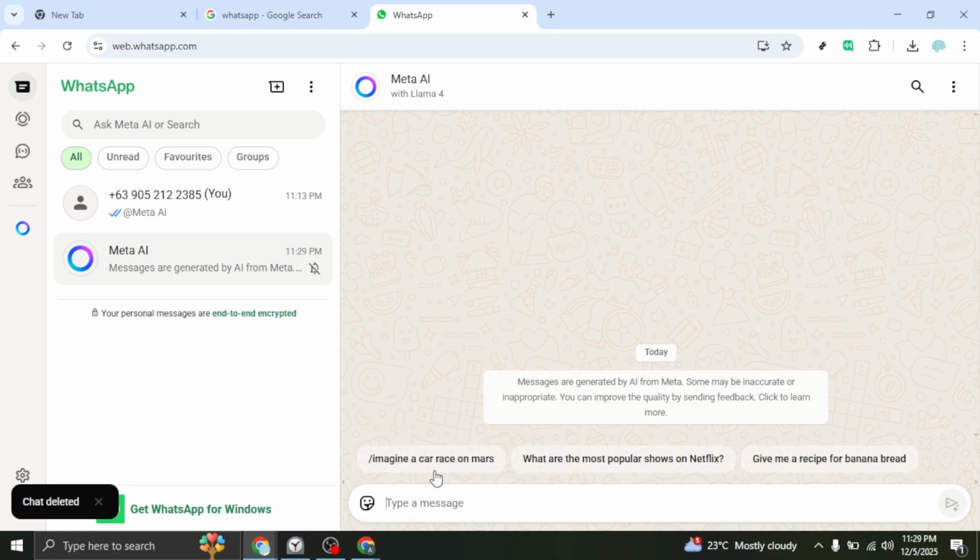A quick recap to keep it simple. Go to Google, search for WhatsApp, open the official WhatsApp website, and once you're in your chats, look to the left panel for the Meta AI option. There's no extra setup required because Meta AI is built into the latest search and assistant system on WhatsApp. If you clear the thread or can't find your previous messages, just click the Meta AI icon again to start